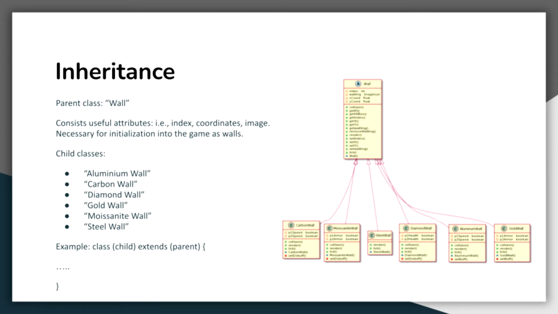And the child class would have to extend the parent class in order to make it known that it is the child class of that particular parent class. So in this case, for example, the Aluminium Wall class would have to extend Wall in order to inherit the